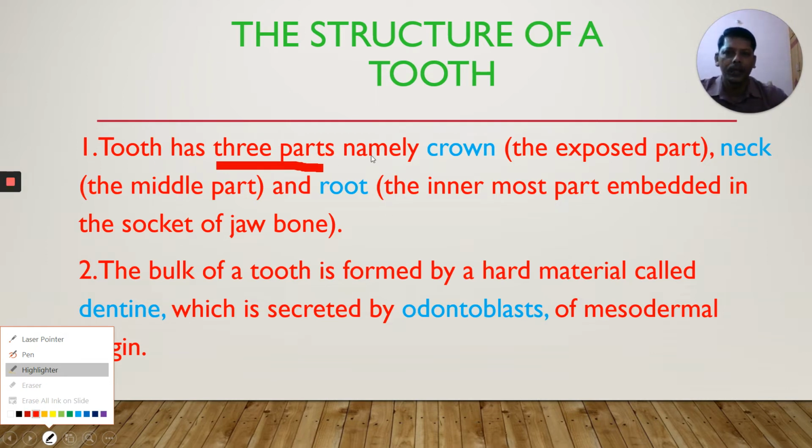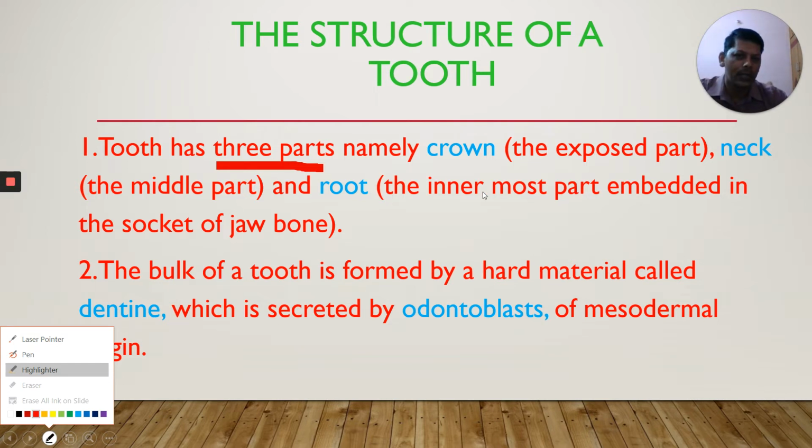The crown is the exposed part; you can see the crown part. When we laugh, the part of the tooth that appears is the crown, and then there are the neck, middle part, and root. You know our nail has a root, our hair has a root, and plants also have roots. The root is present inside. Plant roots are inside the ground in most plants, and our nail root is also inside, and the hair follicle is also inside. You cannot see that part, and the root of the tooth you also cannot see. In order to see that, you have to uproot your tooth.